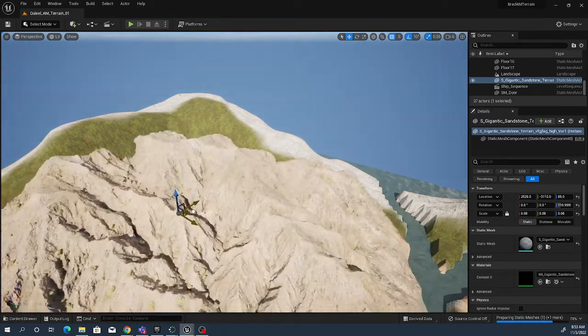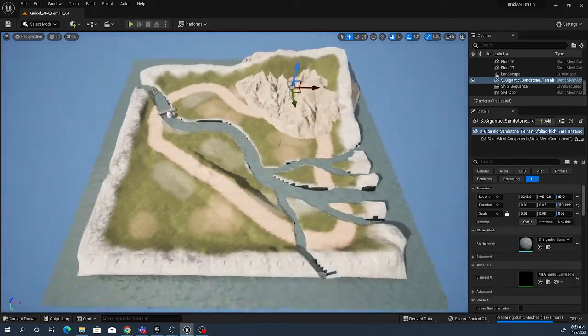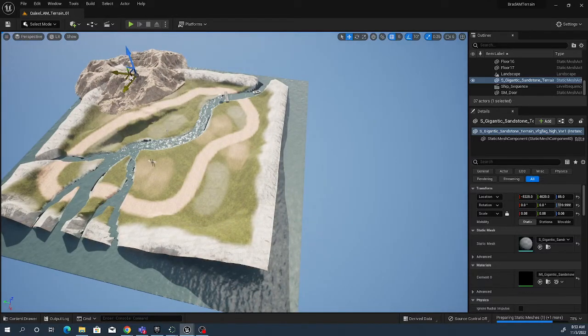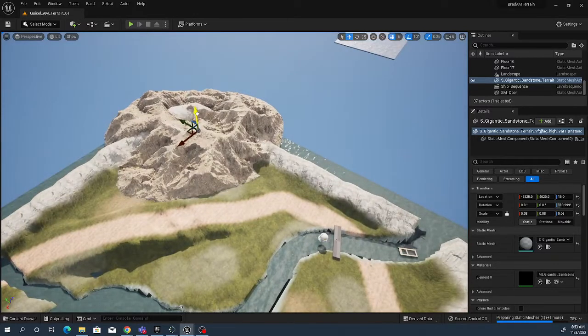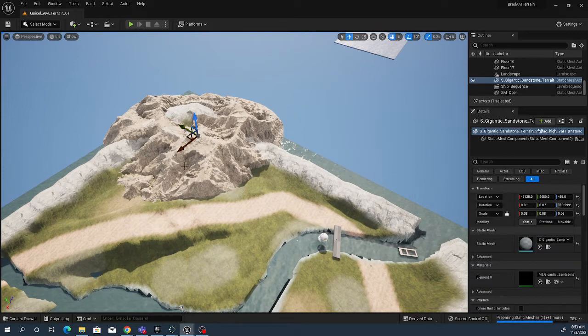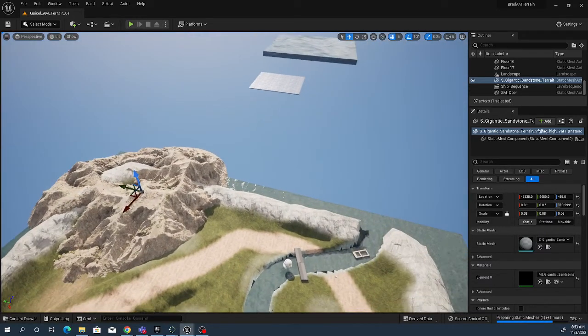I have my road there, so my road's kind of interfering with this. I wonder if there's a better spot for it over on the other side. Yeah, I like that much better. Okay. So anyway, I can play around and expand it and do whatever I want with it. All right, so you can do that. And then you'll just take your other Quixel assets